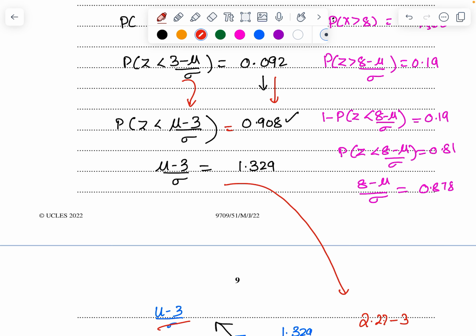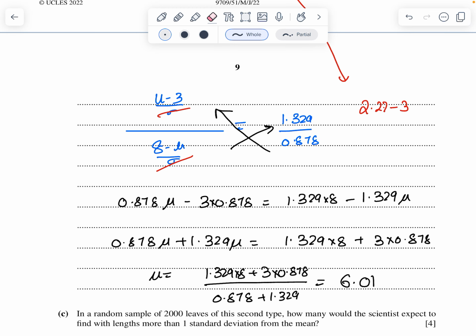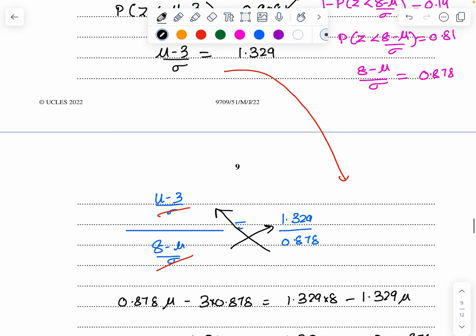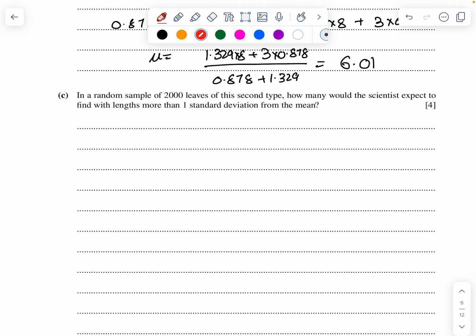So I got the value of mu as 6.01. It's not 2.27. We should be getting this value as 6.01. So I substitute that value of mu. I'll be getting 6.01 minus 3 by sigma equals 1.329. From here the sigma value will be 2.27. In a random sample of 2000 leaves of the second type, how many would the scientist expect to find